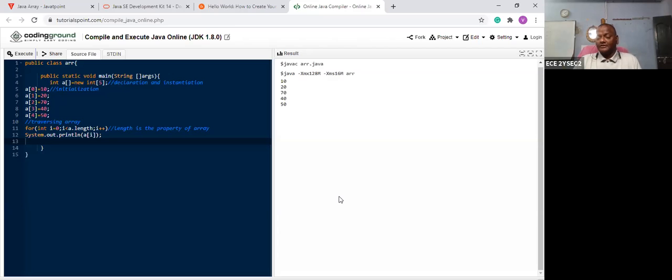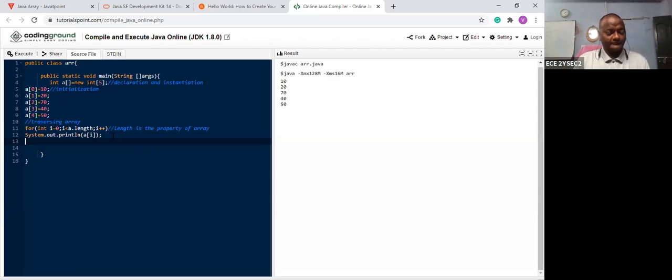Now, suppose I want to access the third location data, A3 data. You can access any indexed value. A3 is the fourth data. So let us take how to access the fourth data.